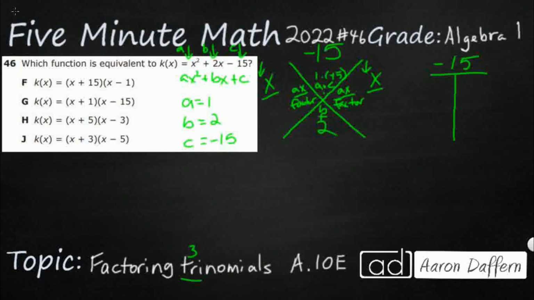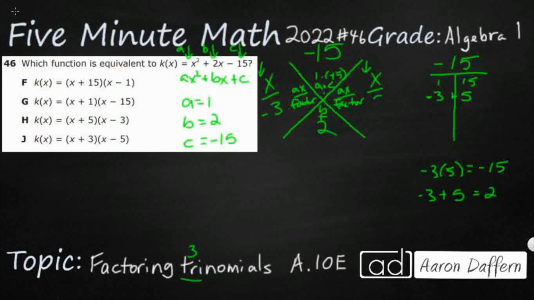All right, so we've got 1 and 15. All right, we've got 2. Nope, we've got 3 and 5. I mean, that's it. There's not many options for 15. So I need it to be a positive 2, which means I'm going to need to make this a negative 3 and a positive 5. Because watch this. If I do negative 3 times 5, that gets me my negative 15. Then if I do negative 3 plus 5, that gets me my positive 2. So these are the two factors I'm looking for, the negative 3,